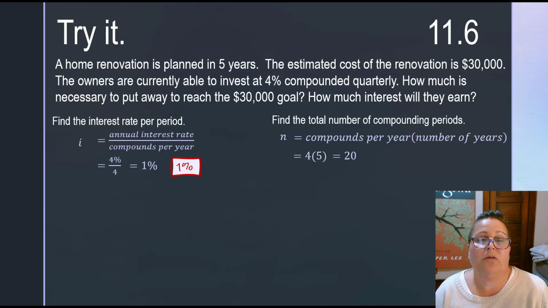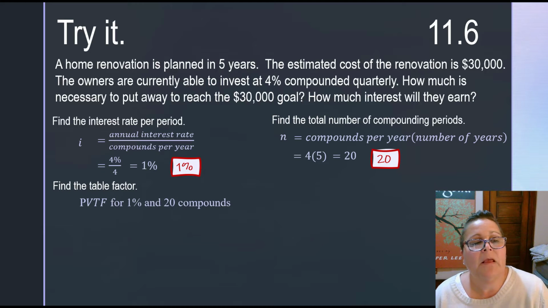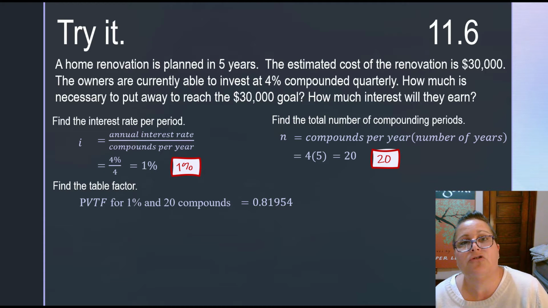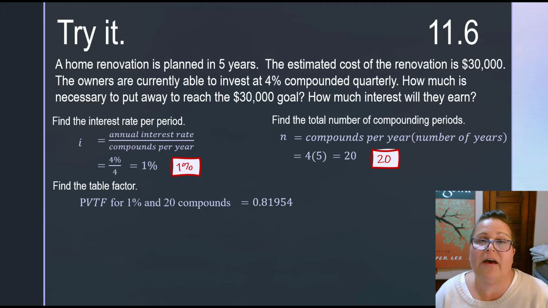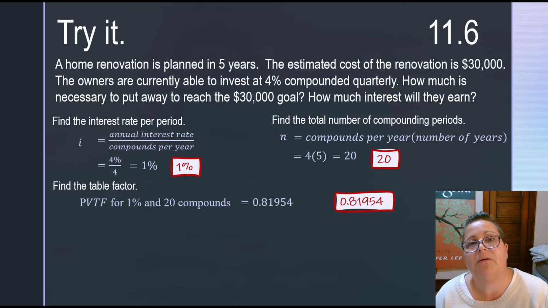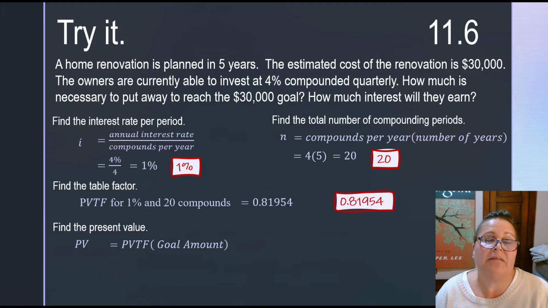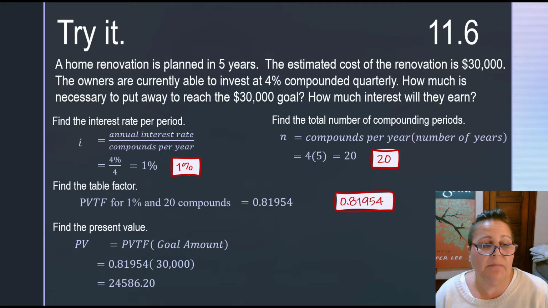Our present value, we want to make sure we're on the present value side, will be for 1% and 20 compounding periods. Looking down the 1% column and across the 20 periods, you should get 0.81954. What this tells us is if I want $30,000 in 5 years and I have 4% interest compounded quarterly, I need to be able to put away 81.954% of that money right now. For the $30,000 I hope to have, that means multiplying 0.81954 times 30,000, giving me